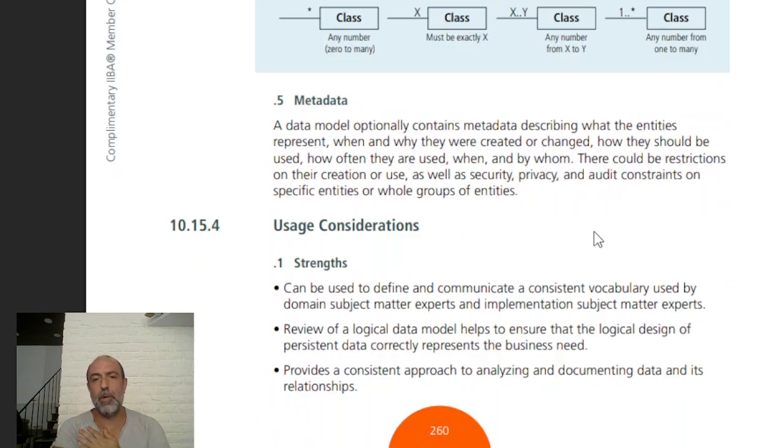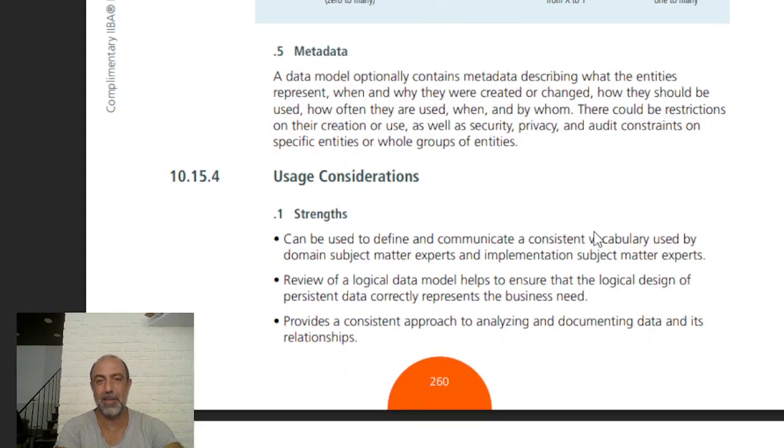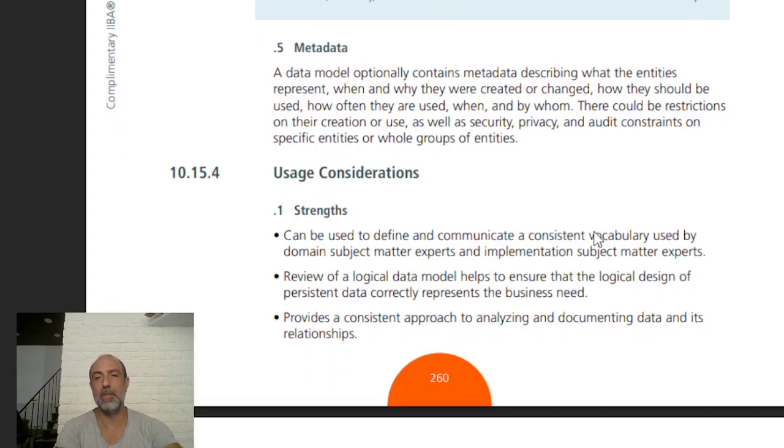Metadata: a data model operationally contains metadata describing what the entities represent, when and why they were created or changed, how they should be used, how often they are used, when and by whom. There should be restrictions on their creation or use, as well as security, privacy, and audit constraints on specific entries or whole groups of entities. So when it comes to metadata, that's basically the data about the data. That's the hidden,